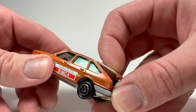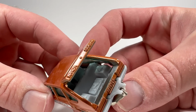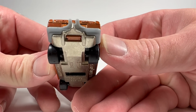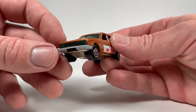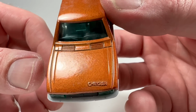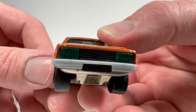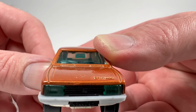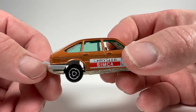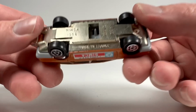This thing has an opening hood, although it's very... Oof. Okay. I was hoping I wouldn't break that, and I didn't, thankfully. It shuts really nice. The Simca looks kind of like an Escort, in a way, but it's not. It's a Chrysler Simca. Chrysler embossed in the hood like that. That's weird. And they did kind of an inserted headlight thing using the window piece. It's got a trailer hitch on the back that's metal with this little plastic thing that kind of locks the trailer in. It's got Majorette style suspension,